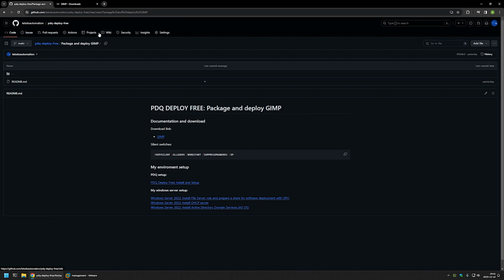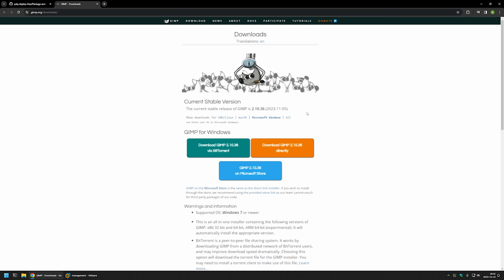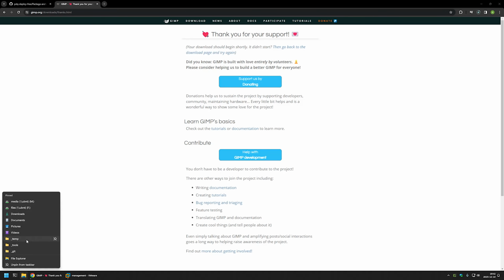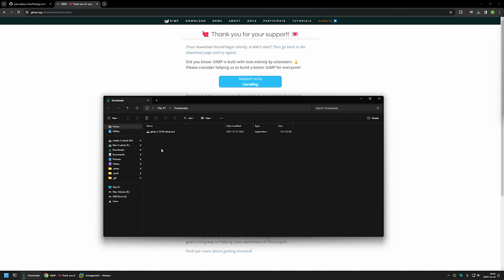And now I'll begin this video by downloading GIMP executable installation files, and for that I will use the link that I have here. That brings me to GIMP download page. Here I will click on download GIMP, and then I will go to my downloads folder. And now that I have my executable, I will right click on it, select copy, and then I will go